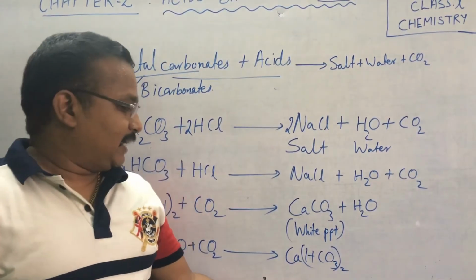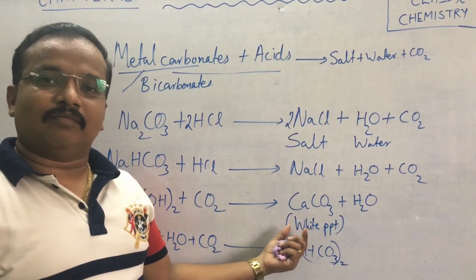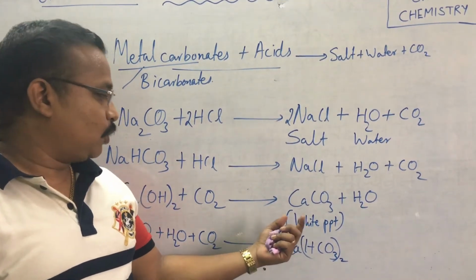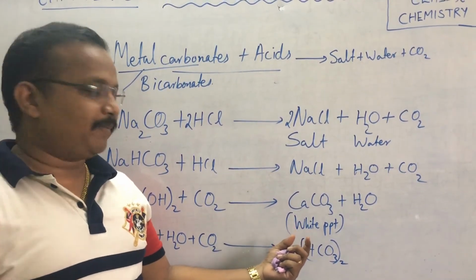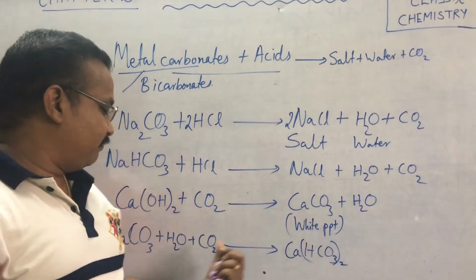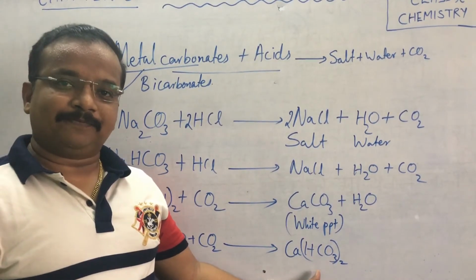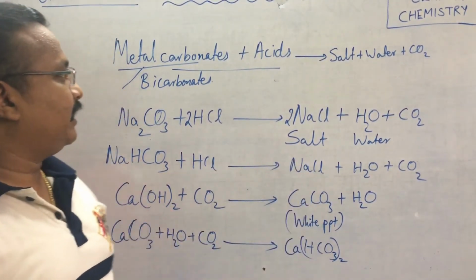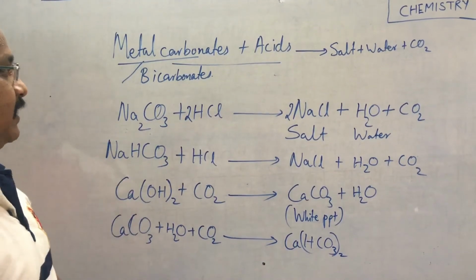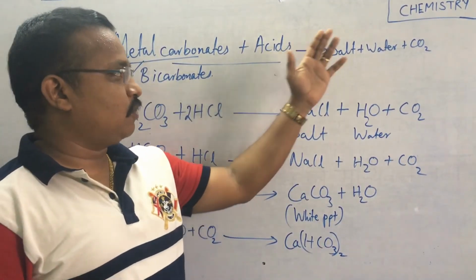This bicarbonate actually dissolves in water, so you won't find the white color anymore. So you have to pass only a little carbon dioxide, otherwise the white precipitate further converts to calcium bicarbonate. Okay, so these reactions explain that metal carbonates or bicarbonates react with acids to form salt,